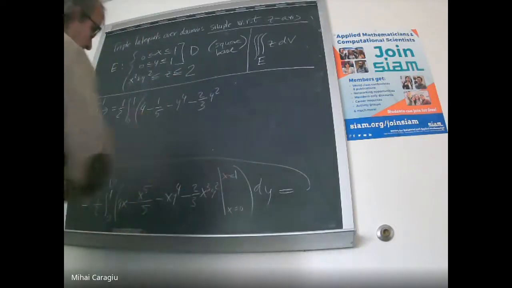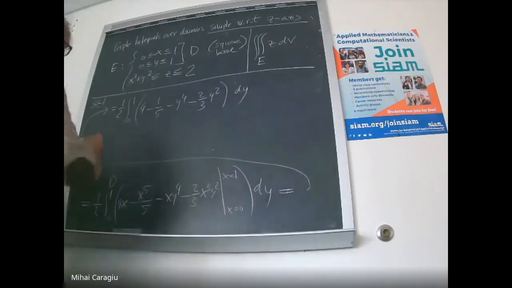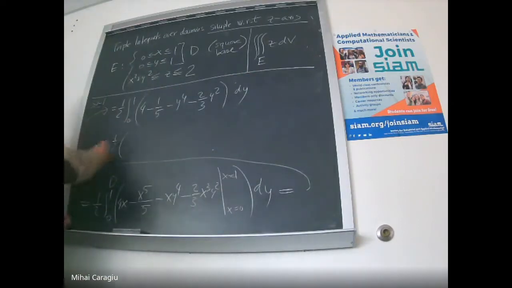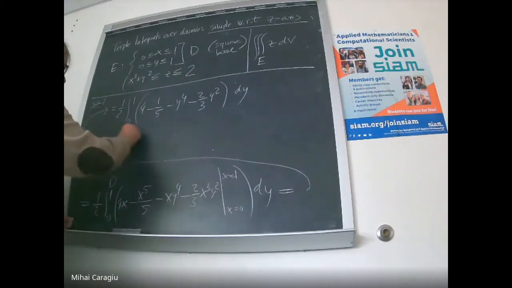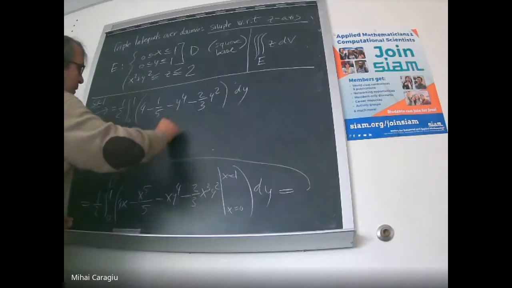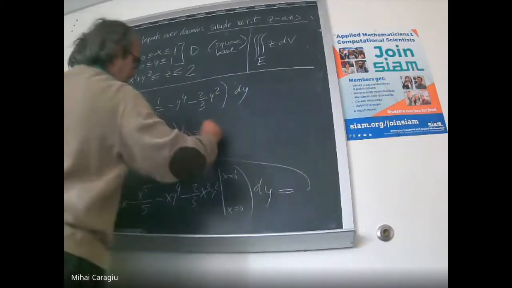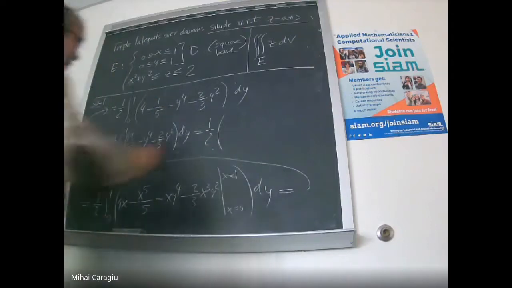When x equals 0, we get a 0, and then we get dy. And that will be 1 over 2 times, 4 minus 1 over 5 is 19 over 5, integrate from 0 to 1, 19 over 5 minus y to the power 4 minus 2 over 3 y squared dy,